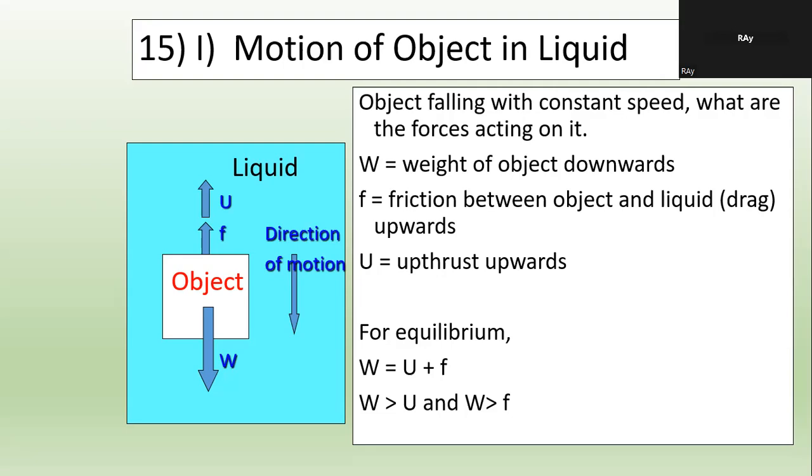What scenario? I mean, I cannot imagine it. Same like solid friction. When you put an object over a rough surface, there's friction. So this is the same thing. When the object is moving in the liquid, there's a friction that opposes the motion. It doesn't matter whether the object is rough or not, the liquid will oppose the motion. Only when it's solid moving against solid, then it must be rough. For liquid, it doesn't matter, smooth or rough. As long as the object is moving, there will be a friction opposing